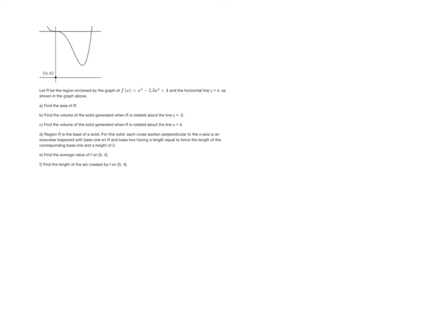Alright, let's go over numbers 2 and 3 from the Chapter 6 review. So they describe this region, and then they're going to ask us to do several things here. So part A, find the area of R. So just the area of this piece between the horizontal line y equals 4 and then this function f of